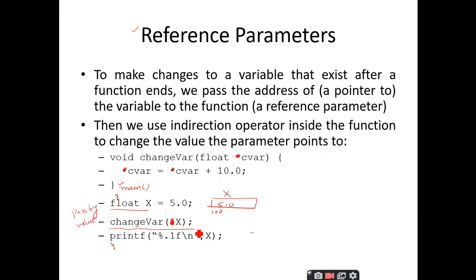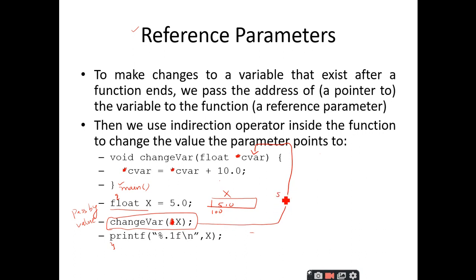I am calling the function with x. Is x a normal variable or address of x? What is that I am passing here? Normal variable, sir. What variable type it is? Is it an integer or float? Float type, sir. Right? So I am throwing a floating point value, so I should have a corresponding floating point variable to catch hold of this particular floating point value.